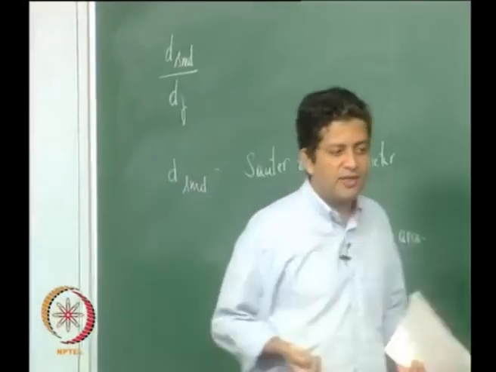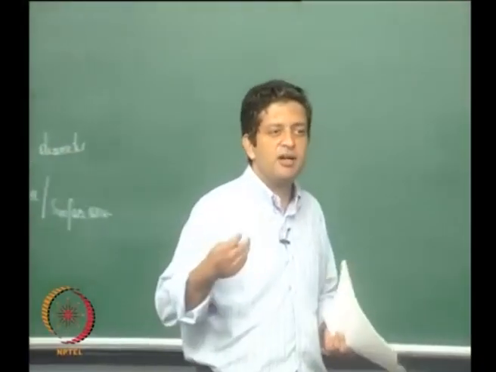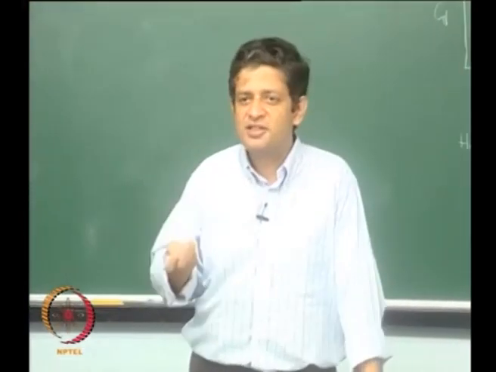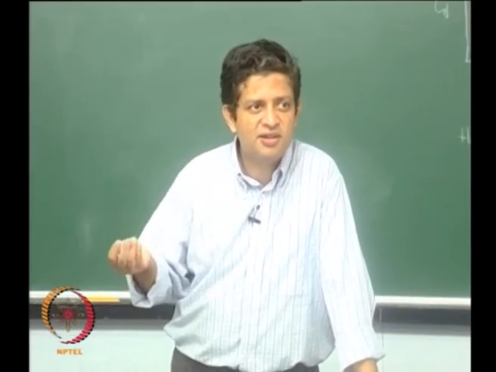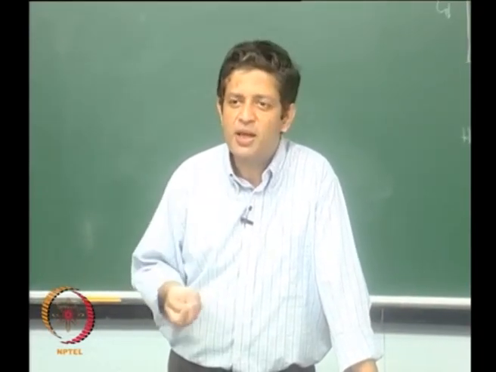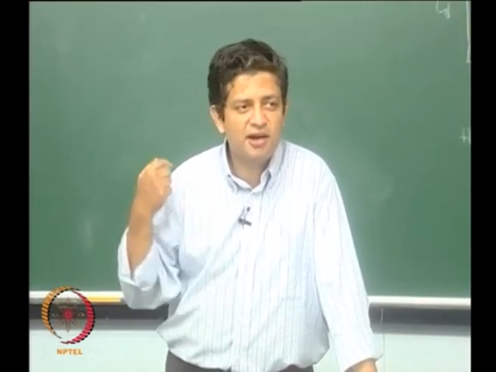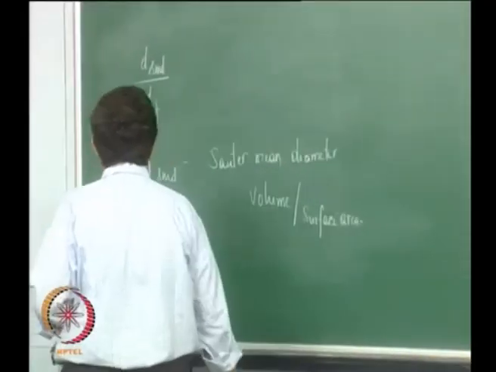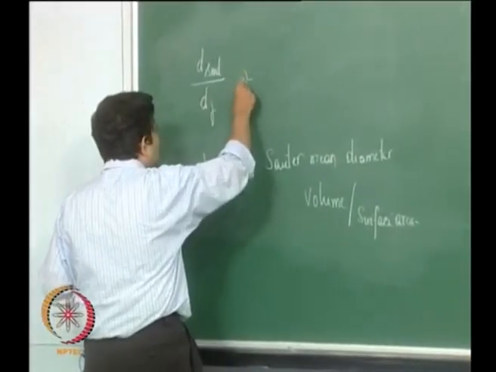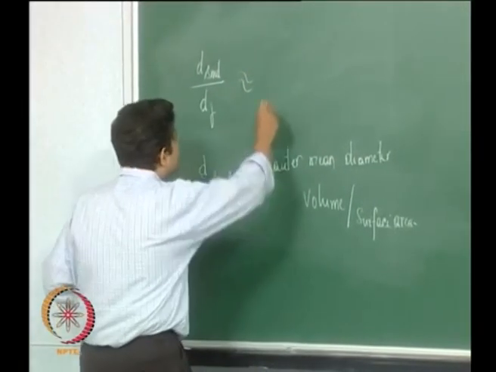This is more relevant in some sense because heat transfer depends on surface area, right. The larger the surface area, the better the heat transfer. So the ratio of volume to surface area is what is known as Sauter mean diameter, and dSMD by dJ is given as